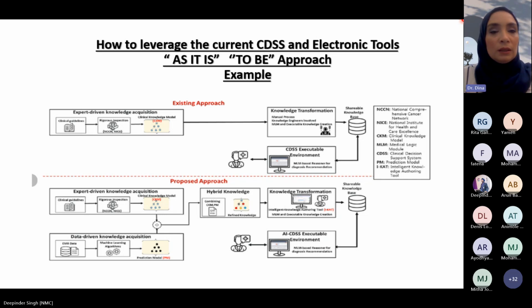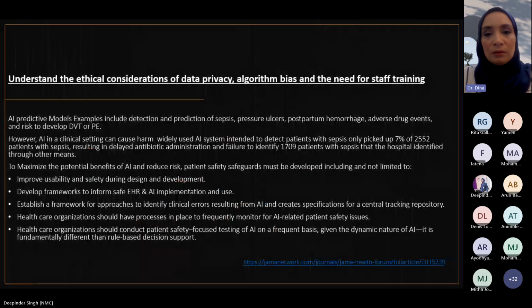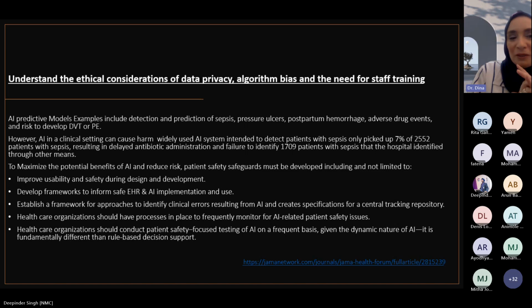So I think we have maybe one slide. Yeah, okay. The ethical consideration, like Dr. Samia, we have a lot of ethical